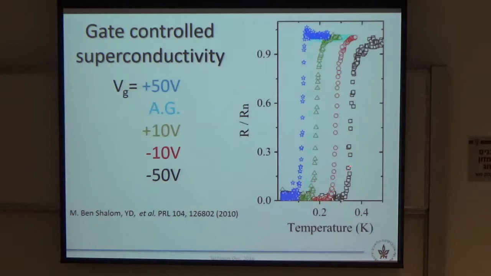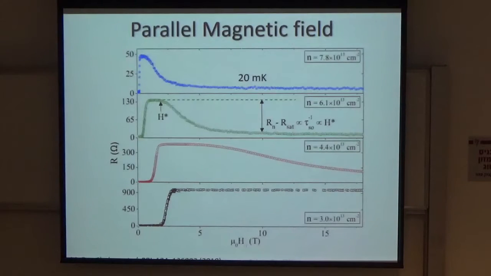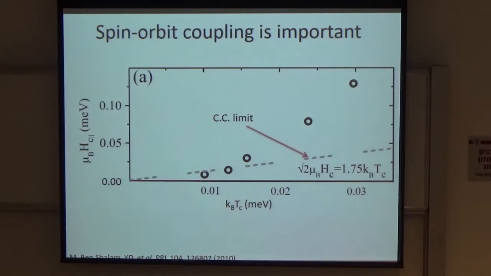So we also did that, and this is the gate-controlled superconductivity, and we applied a parallel magnetic field, which was done some time ago, and we looked at the upper critical field, and we found it to be just parallel to the two-dimensional electron gas, and we found it to be very large, because now you apply the magnetic field, and you have